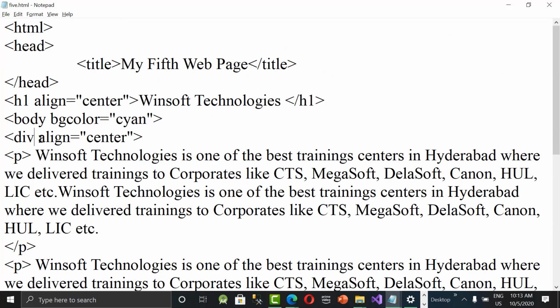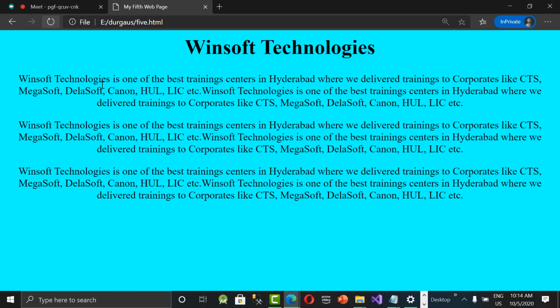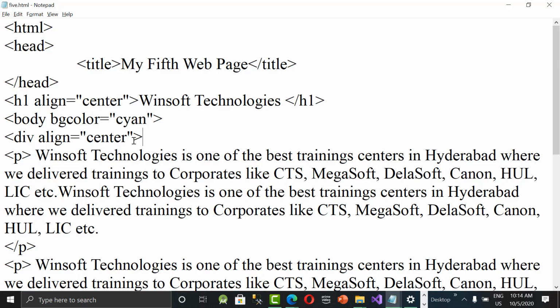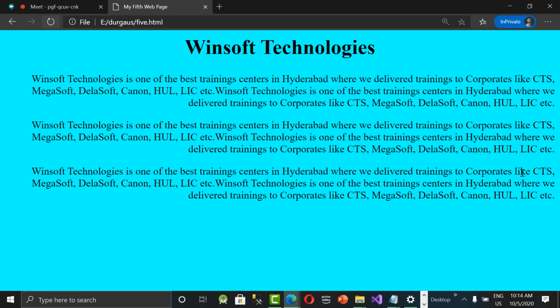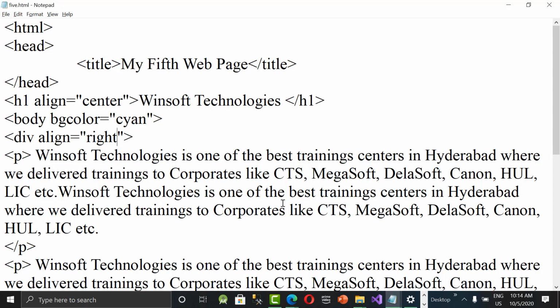Let's make it center first and then we'll convert into right. You know, all are center aligned. I want to give right alignment to all these paragraphs. Then what I do? Just I'll go to this file.html and make this align equal to right, R-I-G-H-T. Save it. Now go back. See now, all are right aligned. Clear now? So like this, we can use div tag to create a division in HTML page. Division means group of elements. You can keep all the group of elements in one place. It might be 3 paragraphs or it might be 3 ULs, 3 OLs, whatever it is, 3 tables.